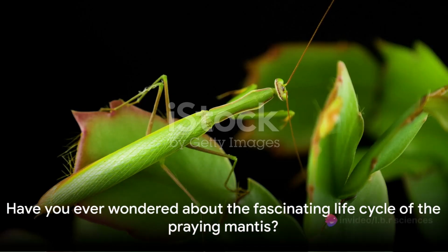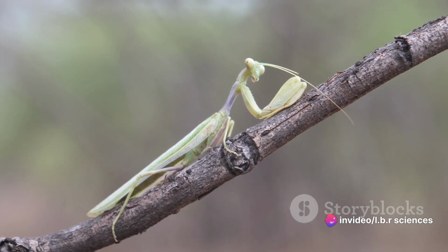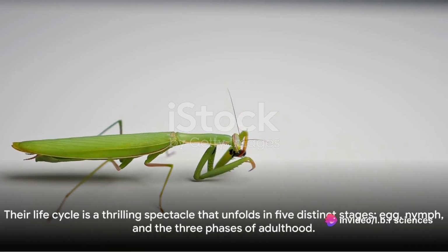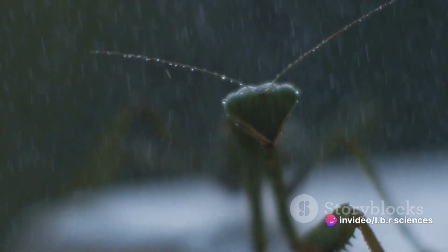Have you ever wondered about the fascinating life cycle of the praying mantis? Welcome to the mysterious world of these extraordinary creatures. Praying mantises, with their alien-like appearance and predatory behavior, are a marvel to behold. Their life cycle is a thrilling spectacle that unfolds in 5 distinct stages: egg, nymph, and the 3 phases of